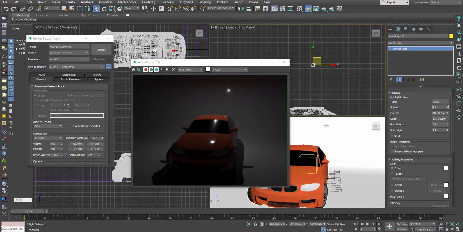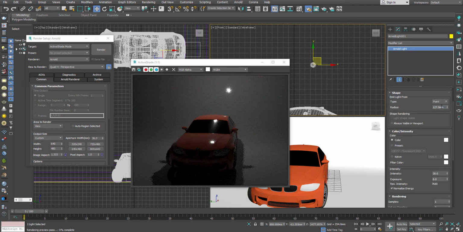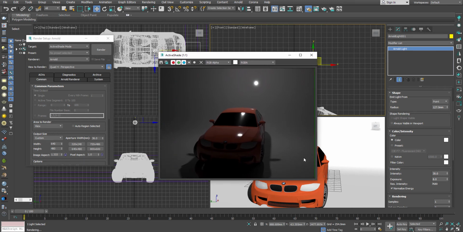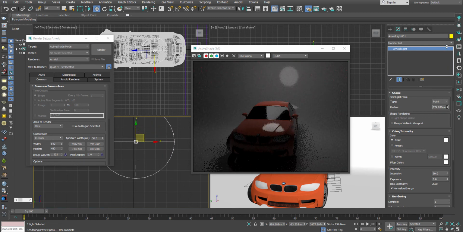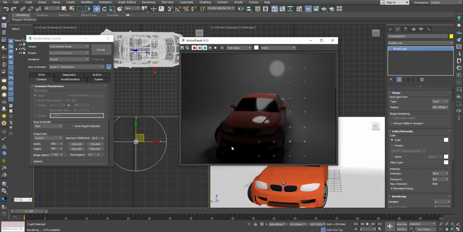Okay, so next we can go straight to the top one, that is a point light. Now point light is a pretty much self-explanatory light, like the Omni that we have in the basic lights in 3ds Max. So it's also the same thing, but you can use it as a spherical light also. If you increase the radius of the light, you can immediately see you can change your shadow into a softer one